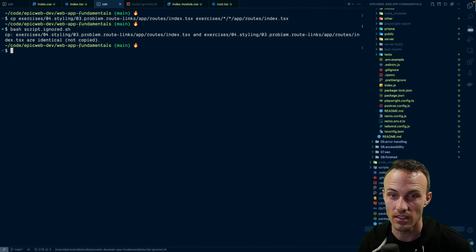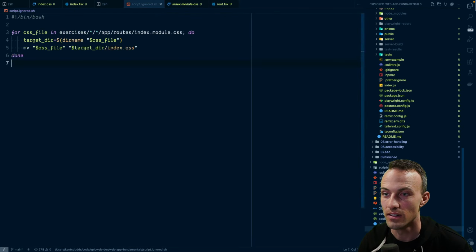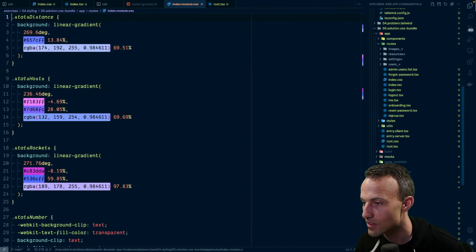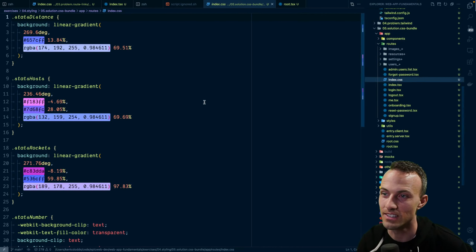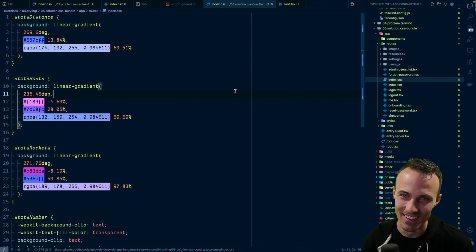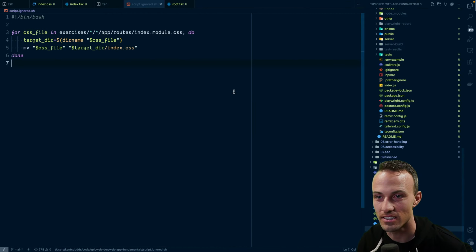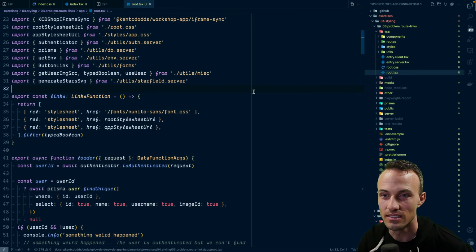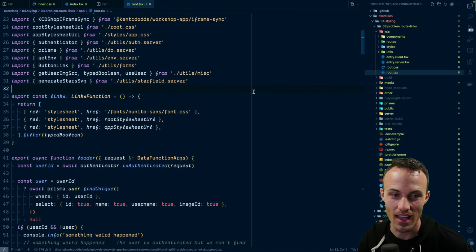Do this again. And that file is now gone. And in its place is an index CSS. Of course it is. Oh my gosh. Thank you, ChatGPT. Yeah, that is legit.